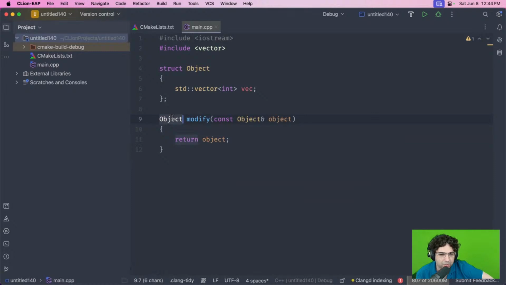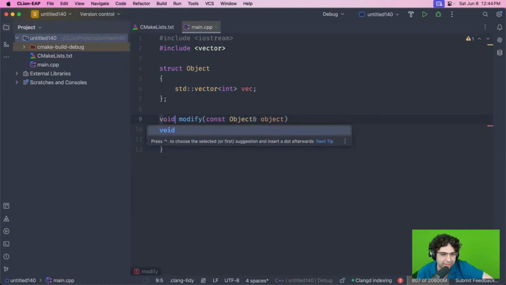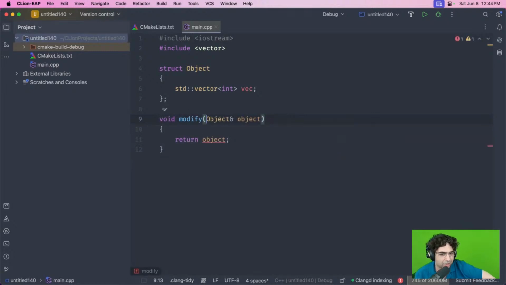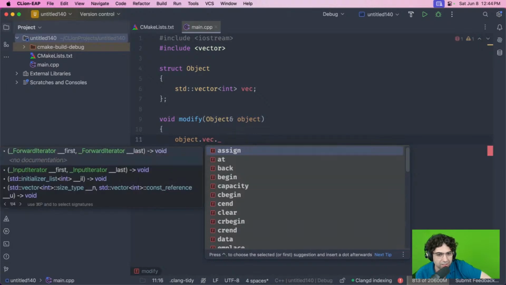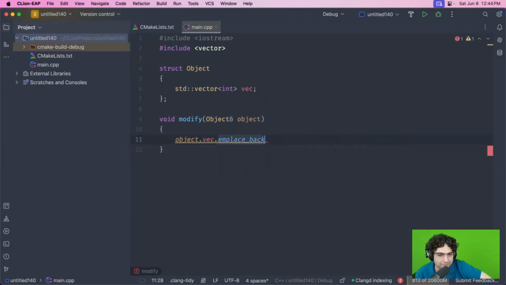So I think that's why, when people look at a lot of C++ code, they look at something like the one before, like something like this, right? You take an in object and you modify it in place, right? Instead of returning it, you just say, well, object.vec, I don't know, in place back or something, or maybe remove or clear, right? Or you do all these vector operations in place, and if the vector had correctly handled its memory reserve, for example, this is going to be a safe operation. Not to mention there's no copies in here, right? So I think that a lot of times when people talk about objects or stuff like that,